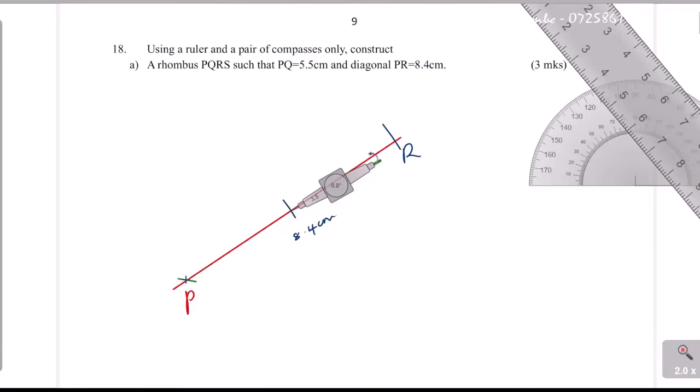I will mark an arc there, and I'll mark another one with the same radius on the other side, like that. Then from there, I can adjust my length using a suitable radius. Then from there, I can stand on this arc here,